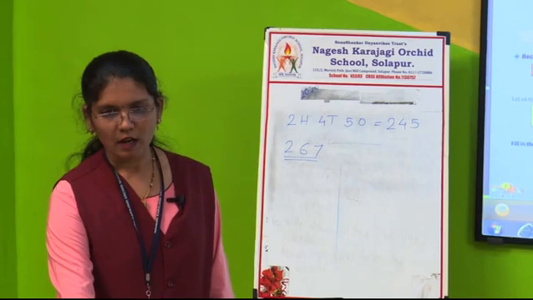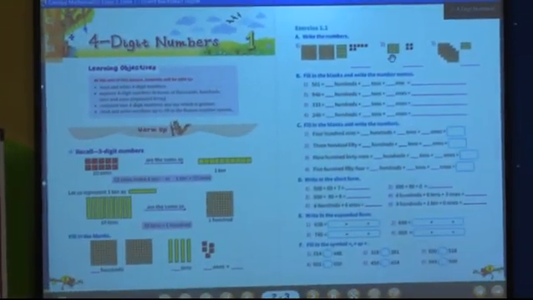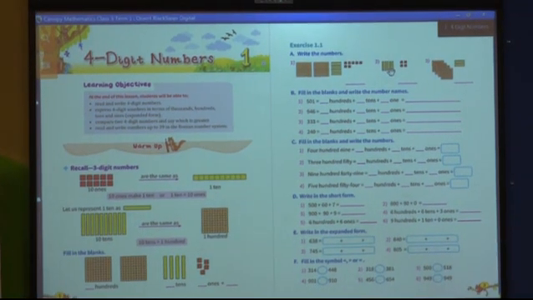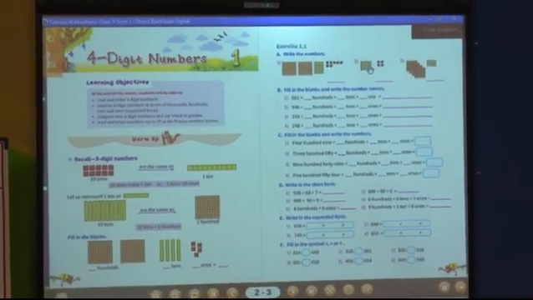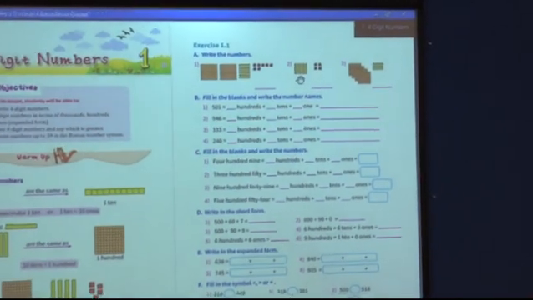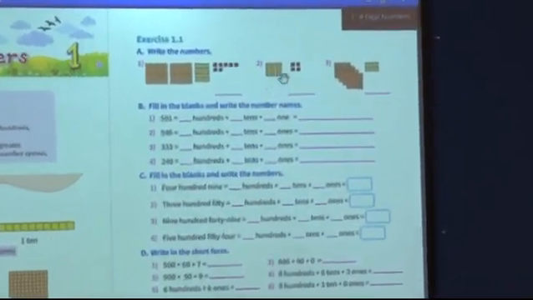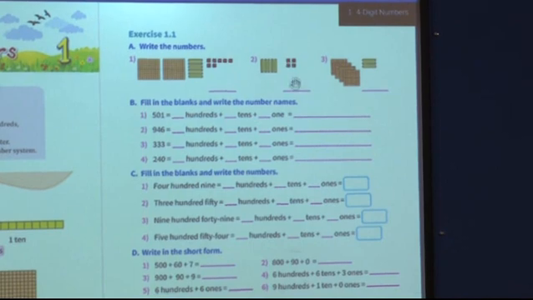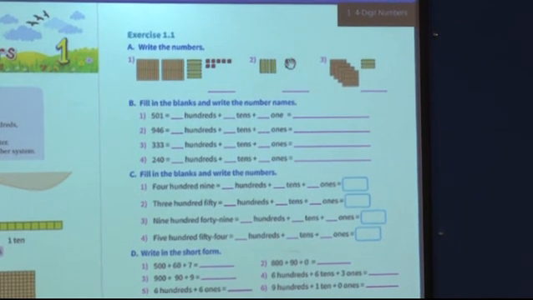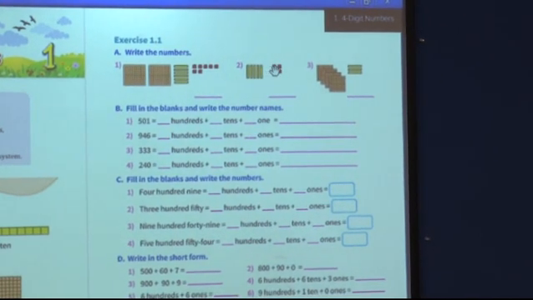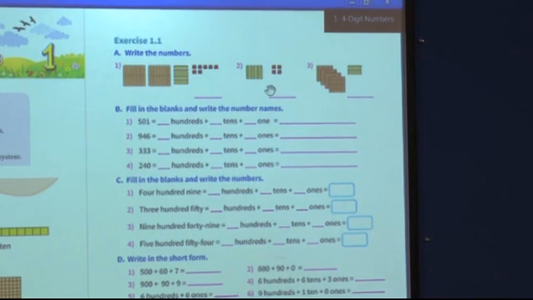Understood? Okay. Now let us start the second example. Now again count how many strips are there. 1, 2, 3, 4 and 5. 5 strips are there, means 5 tens are there, isn't it? Okay. Now how many blocks are there? How many ones are there? Yes, there are 4 ones. So what will be the number? Can you guess? Yes, the number is 54. Very good.